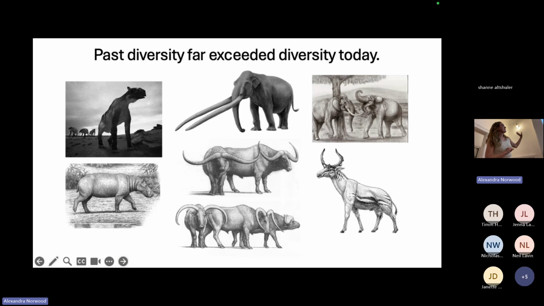These are some images of some now extinct African mammals, and we can think about what landscapes might have looked like with more of these mammals on them. At some sites 4 million years ago, we have up to 5 different types of elephant species living in the same place. And in other sites, we have up to 12 species that are over 1,000 kilos. So we used to have a really, really large number of really large animals on the landscape.